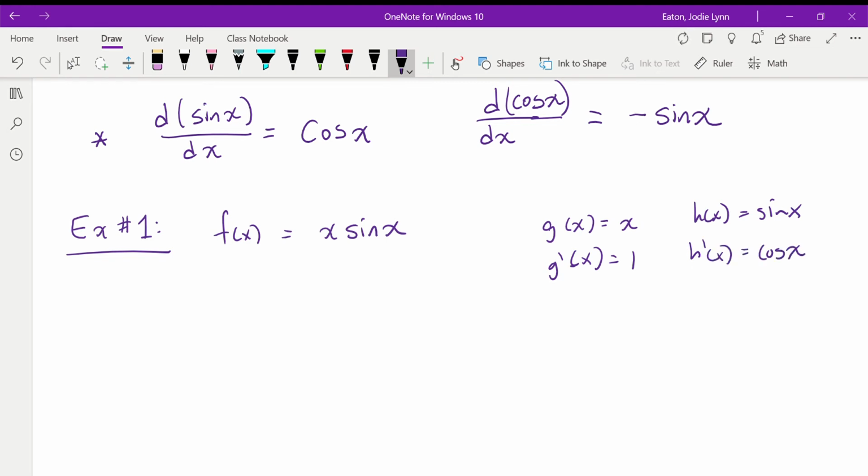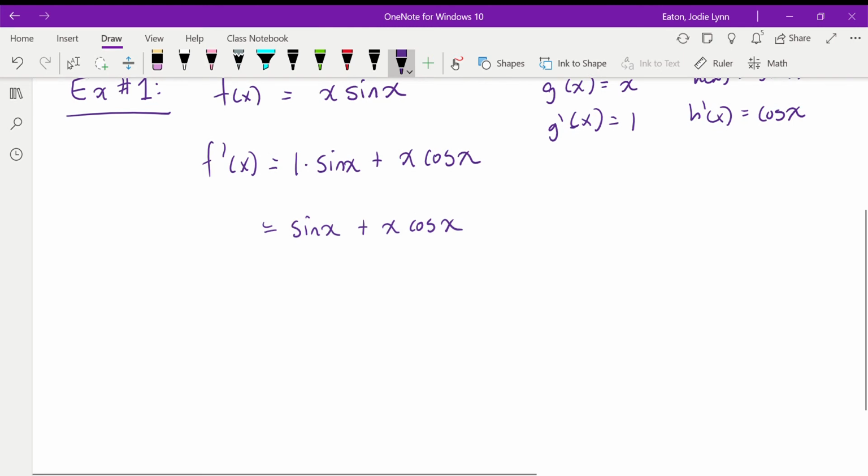Our product rule says it's g prime h plus h prime g. So f prime of x is going to be equal to 1 times sine x plus x times cosine x, which is just sine x plus x cos x. Nothing more we need to do to simplify, not a whole lot we can do. Okay,